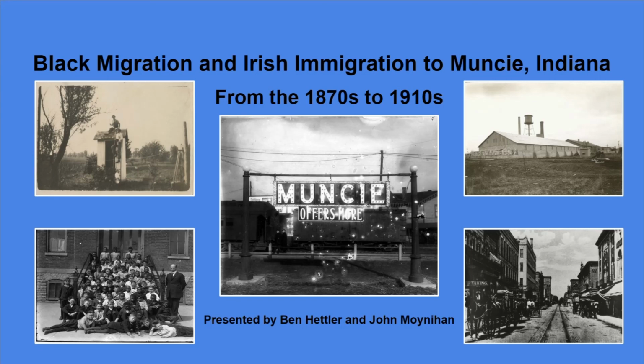Overall, you can see that both African American migration and Irish immigration played a pivotal role in the minorities that came to Muncie, Indiana during the years 1870 to 1910. Along with African Americans, the Irish contributed heavily to the development of Muncie's culture and economy, as their search for work would eventually result in the diverse communities seen today.